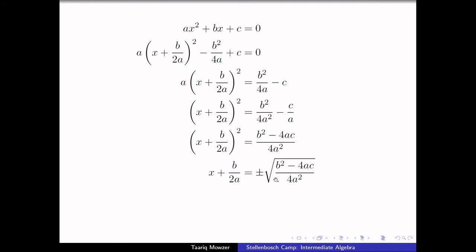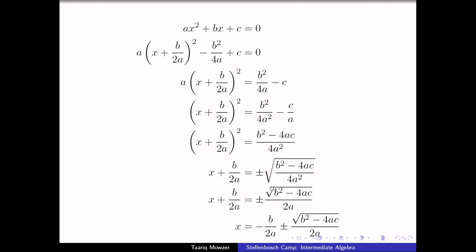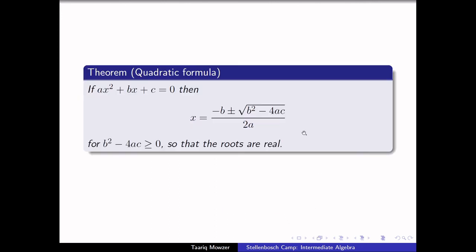Then we can simplify this slightly by square rooting the numerator and the denominator. The square rooted numerator stays the same, and the square rooted denominator becomes 2a, because 2a times 2a is 4a squared. And then we take over the b over 2a. So we get x equals minus b over 2a plus minus root b squared minus 4ac over 2a,